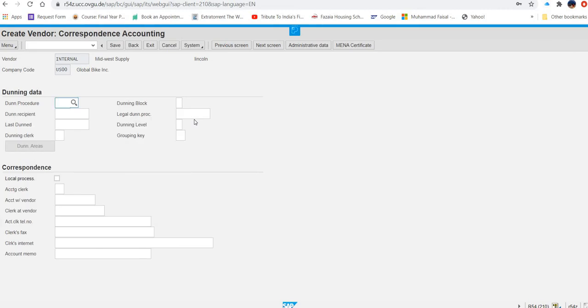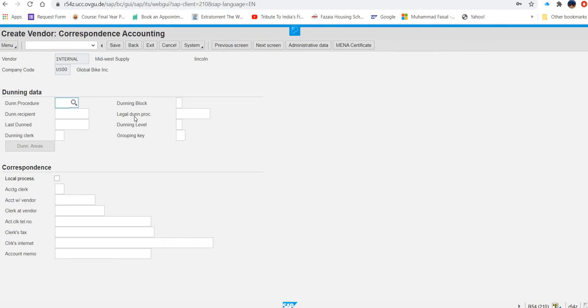Once you press enter, now they are saying you have to be on the payment transaction tab. So we are not on the payment transaction tab, which means we have to press enter one more time. We are on the correspondence accounting tab. So here you have to put your name. Where?